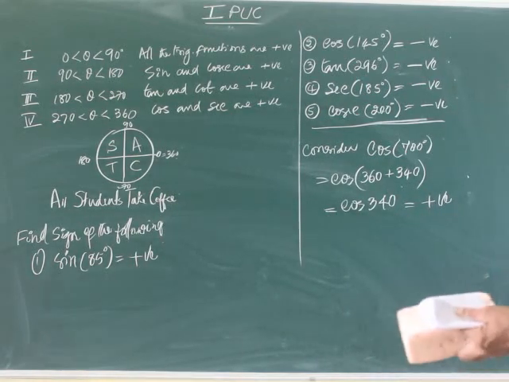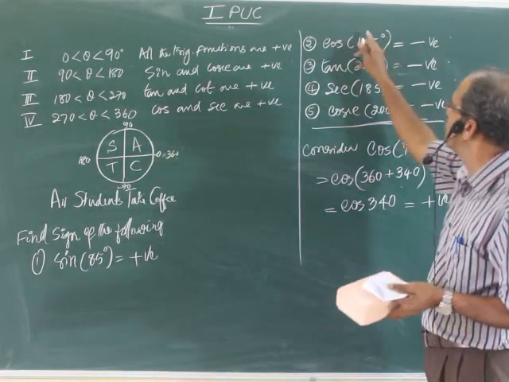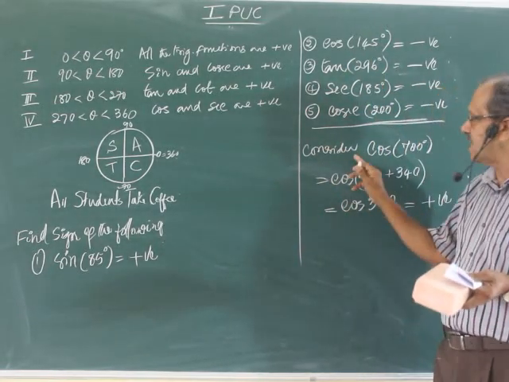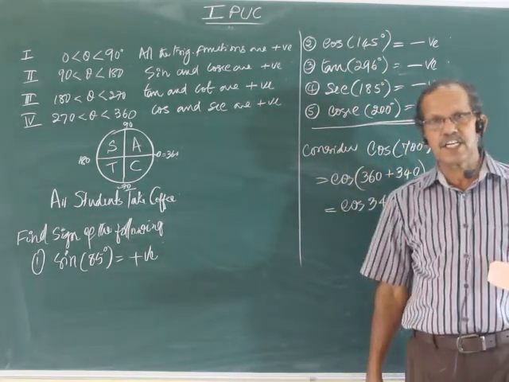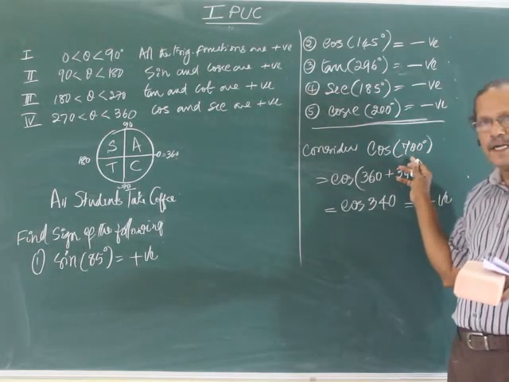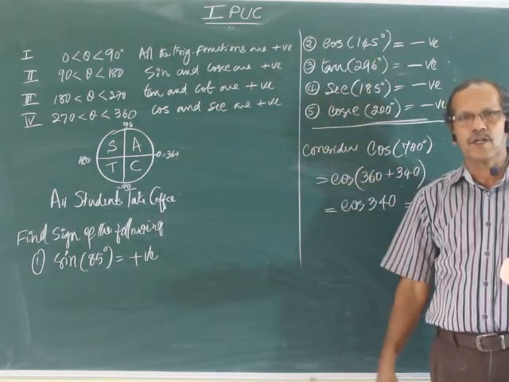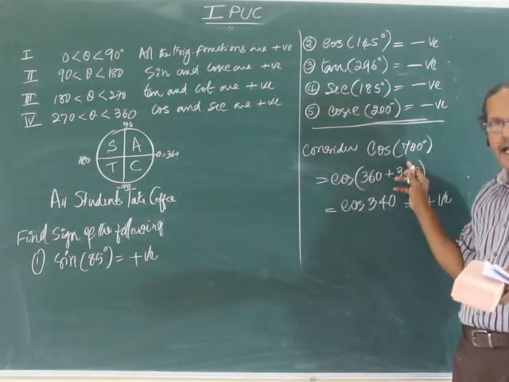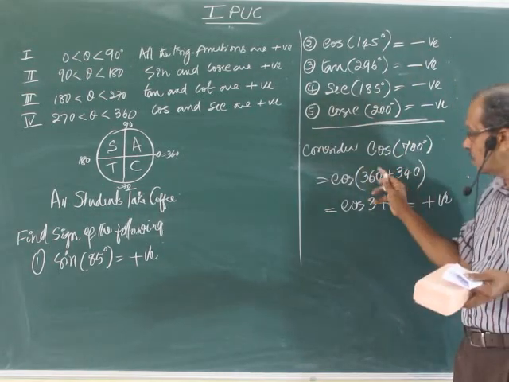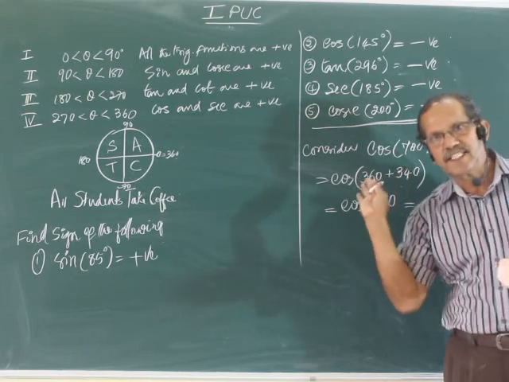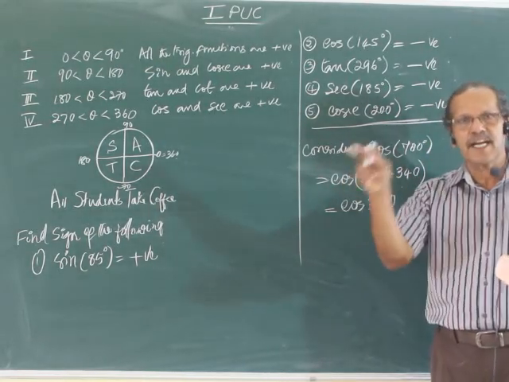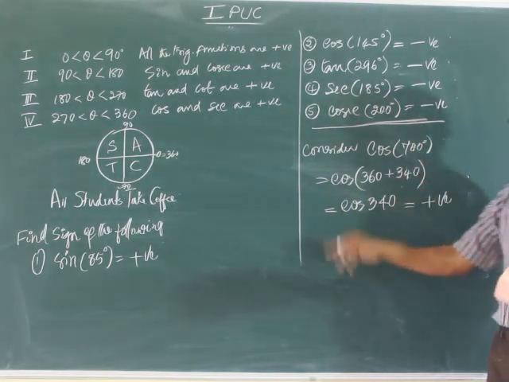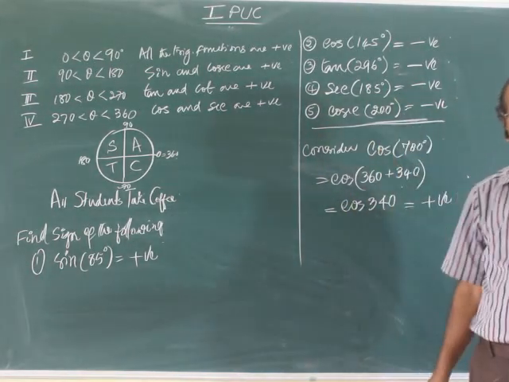Make the idea clear. So far I have given only angles less than 360. Now hereafter, if the angle is greater than 360, it need not be 700 only, I can give 1200 also, 2400 also. Whatever may be the angle given, what you have to do? Remove the multiple of 360 first. First rotation, second or third, you leave it. Whatever angle remains, you have to write the trigonometric ratio of that angle.